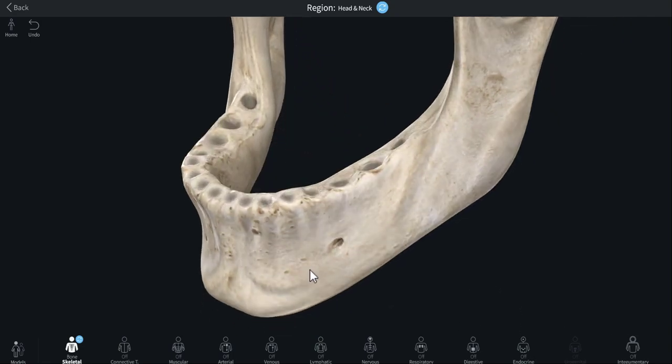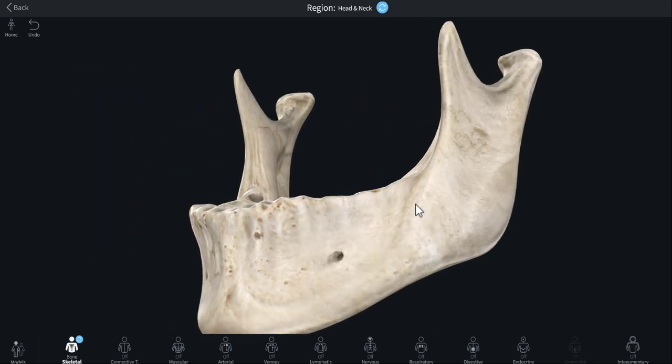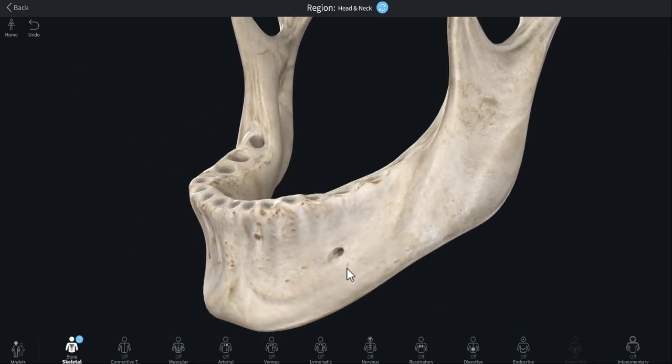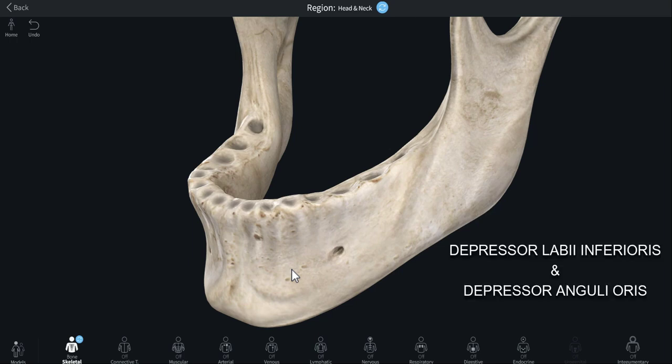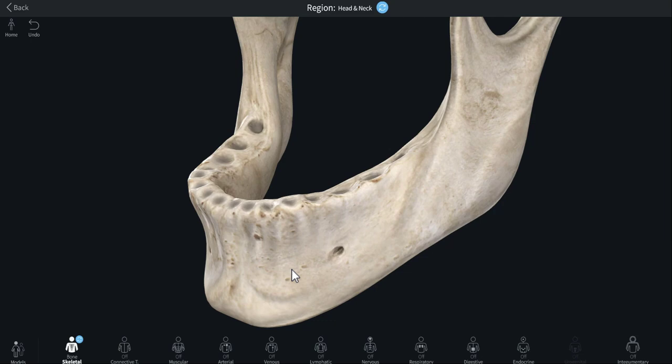Now, the anterior part of the oblique line, which is corresponding to the two premolars here, the part of the oblique line that actually gives attachment to two muscles. What are those two muscles? Depressor labii inferioris and depressor anguli oris. Two muscles. If you are studying this head and neck part and the muscles for the first time,